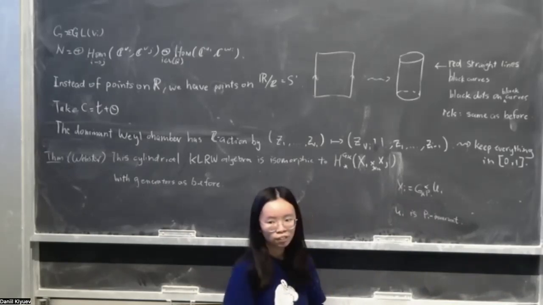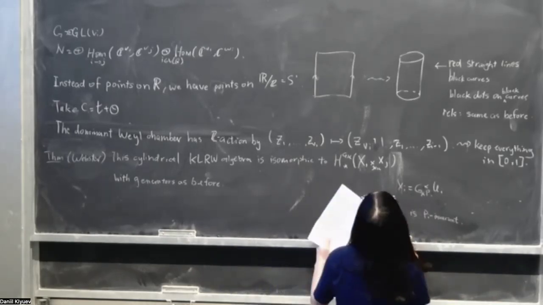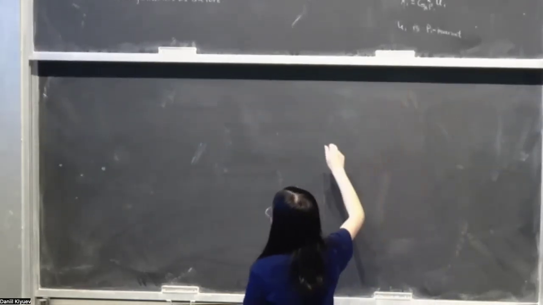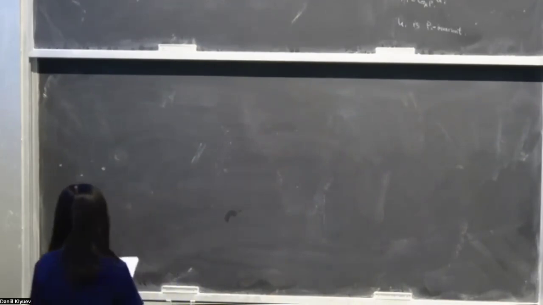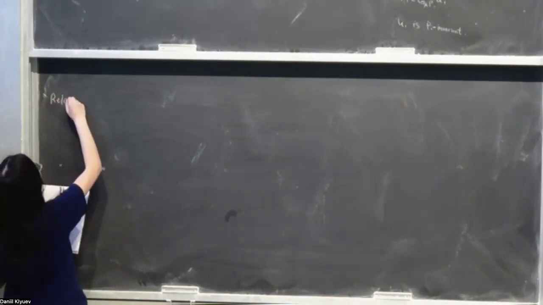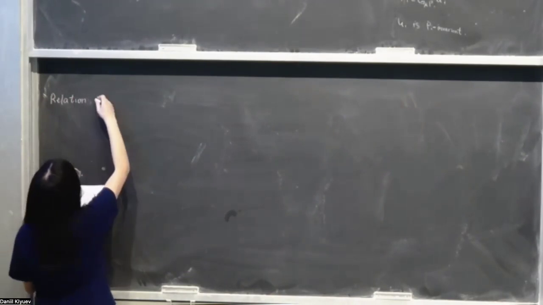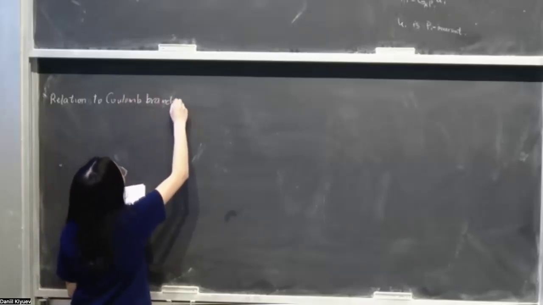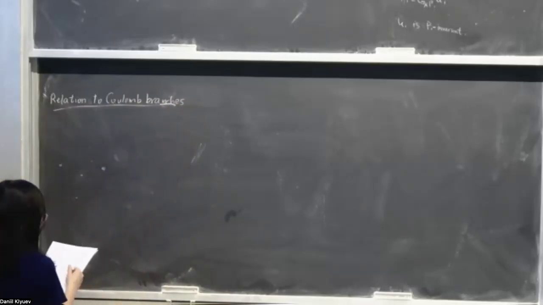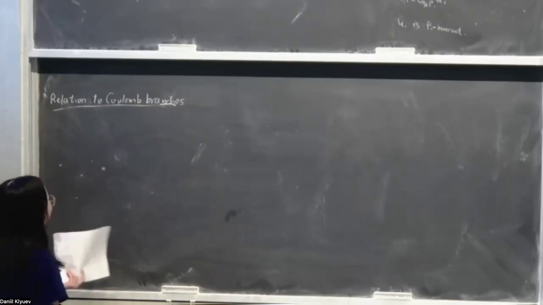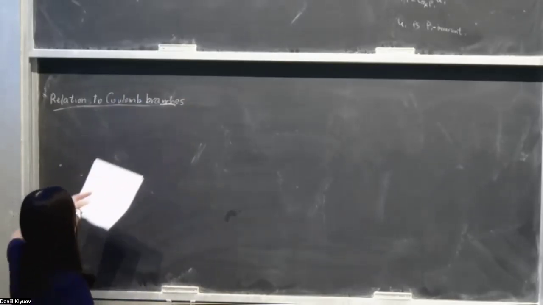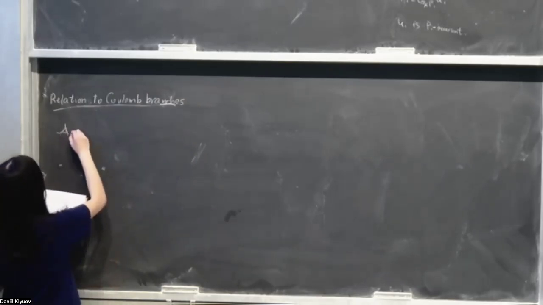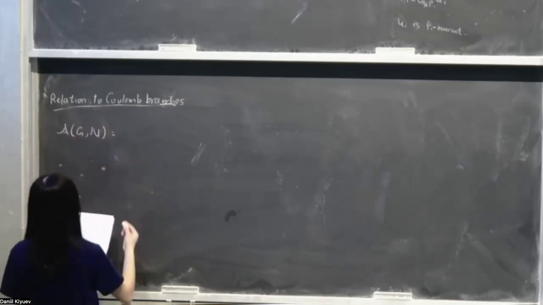Another thing: how are xi and c related to our Coulomb branch? That is exactly what I'm about to say. So we did a lot of nonsense about stuff, but let's go back to the topic of this seminar, which is the Coulomb branch. Our goal is to see these Coulomb branches in this framework. So recall that we have G_n is equal to